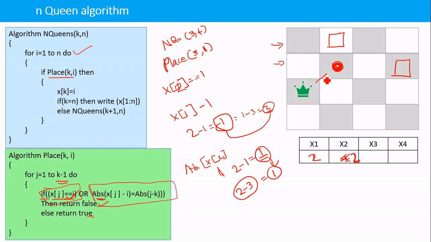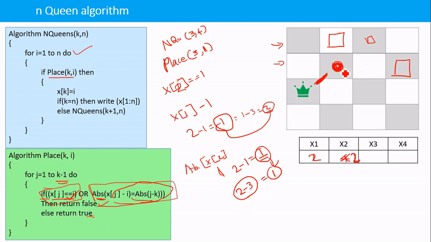I have to check only the immediate diagonal. This diagonal I will not check. So this queen would be in the line of attack, and I cannot place the third queen in the first column if there is a queen in the second column. So this part checks whether there is a queen in the diagonal or not. If there is a queen in the diagonal, then it will return false, otherwise it will return true.